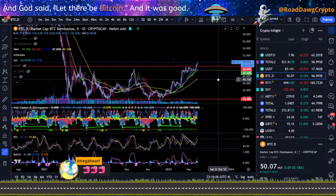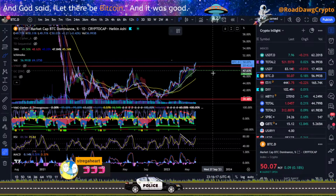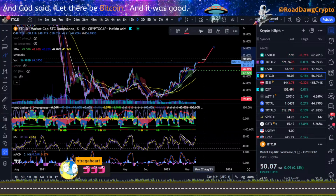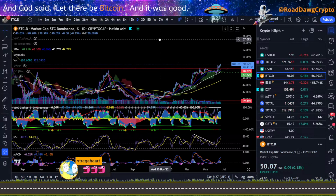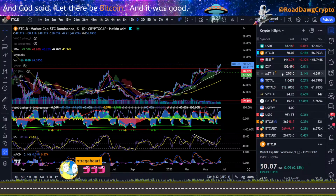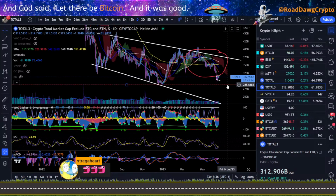So we got Bitcoin dominance just being very, very strong. And we did a support resistance flip right here. Top of the line, man. Do have 3 touches right there. But it's going to be pretty much up from here, you know, with just your standard pullbacks, putting a lot of focus on the Bitcoin, driving Bitcoin up and just kind of leaving altcoins in the dust, or at least diminished. Now we come down to total 3, which